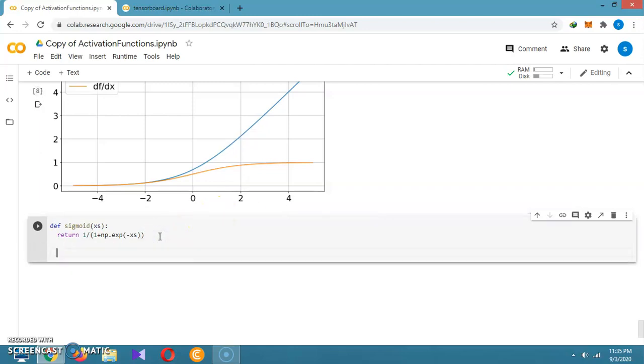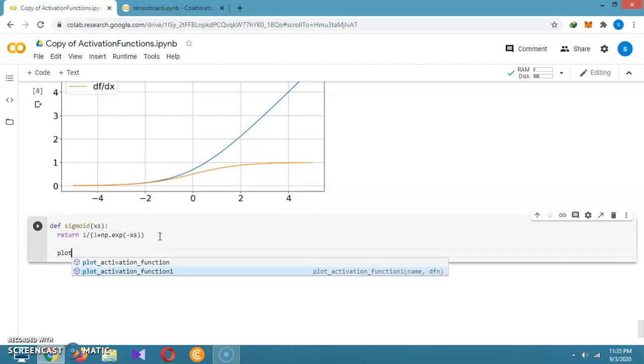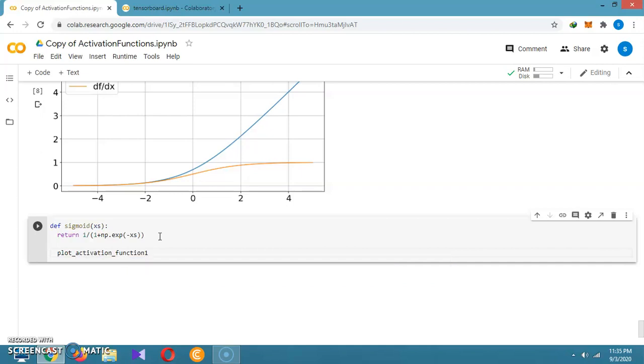It will never return something for us, so for that we need to plot. We already wrote one plot code, plot activation function 1. For that I am just giving it, I am not taking the derivative right now. It is an assignment for you: how to write the derivative of that one?